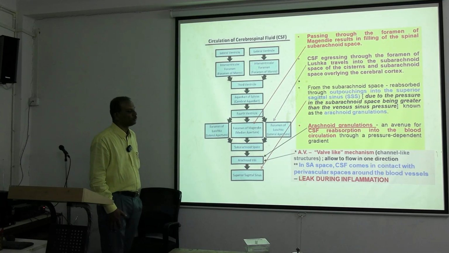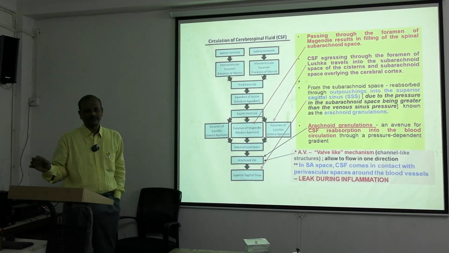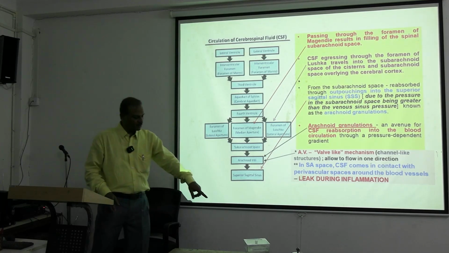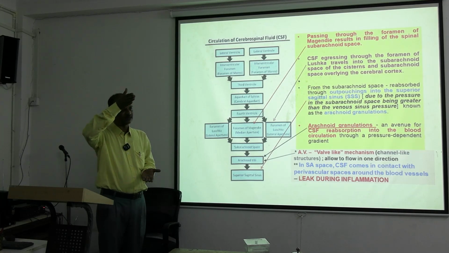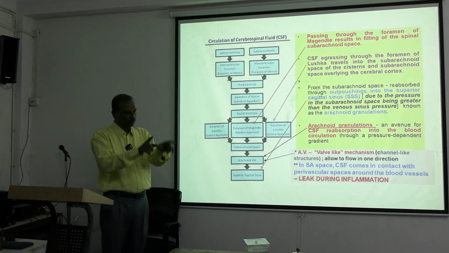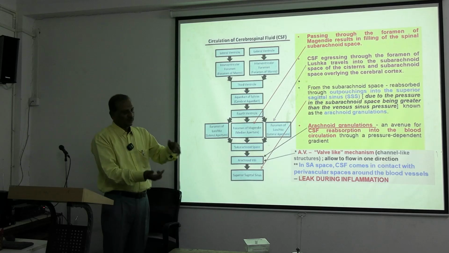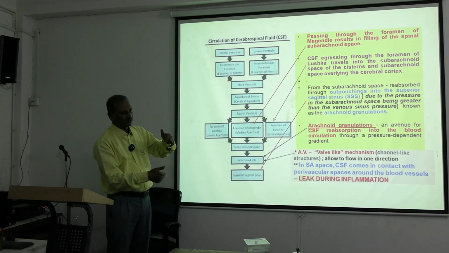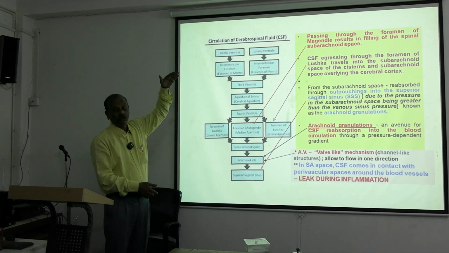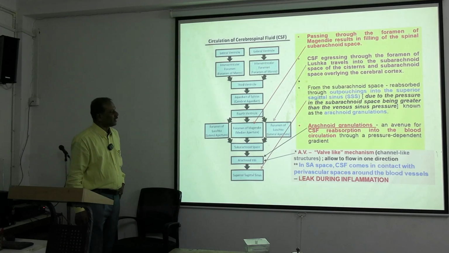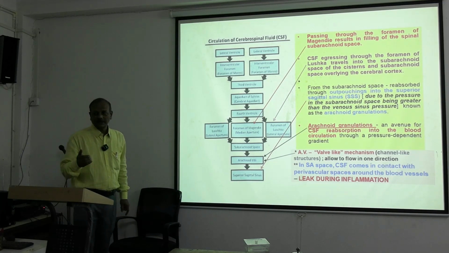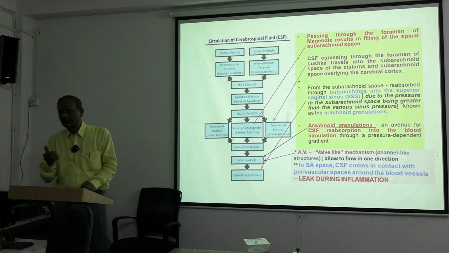Through outpushings in the superior sagittal sinus, which is a venous system. If you look at the cerebral hemisphere, on the top of which, in the middle part, there is the superior sagittal sinus and the falx cerebri, which is dividing the two parts of the brain. And the lower part is the inferior sagittal sinus, but CSF is reabsorbed from the superior sagittal sinus. And due to the pressure gradient at the arachnoid granulations.